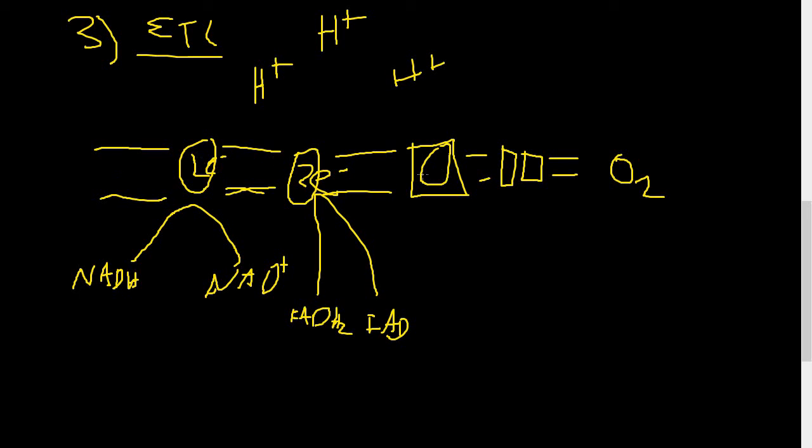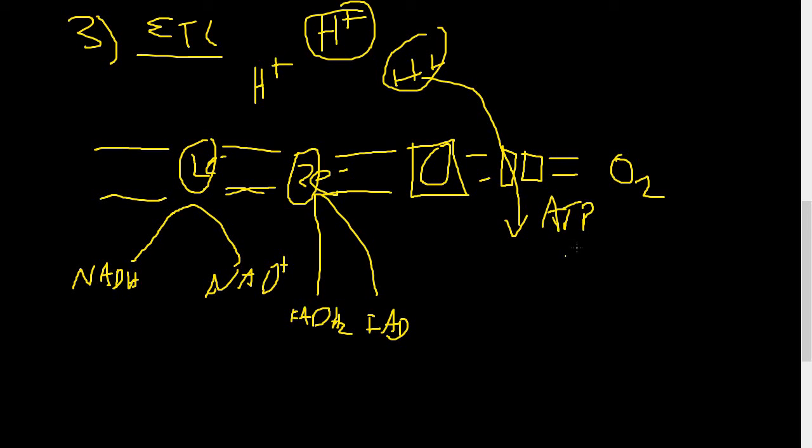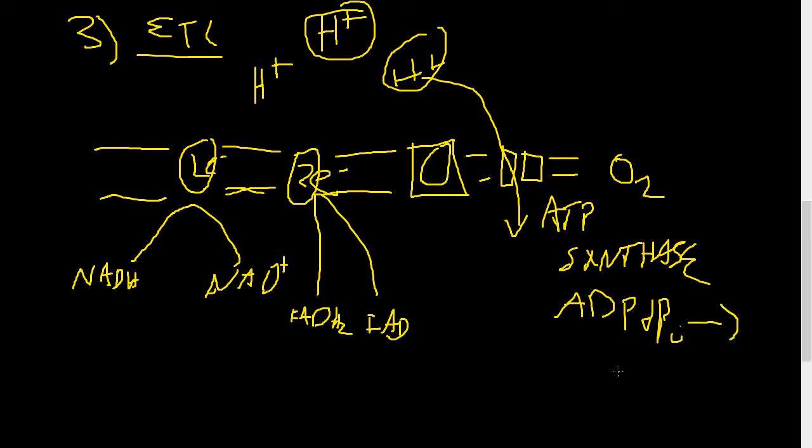And so as the electrons follow this chain, these protein complexes will release enough energy for these protons to flow through ATP synthase, which is an enzyme that allows for the production of ATP. So to combine ADP and Pi, inorganic phosphate, to form ATP. And this is called oxidative phosphorylation because oxygen is involved, and it's involved because as the electrons flow, it's